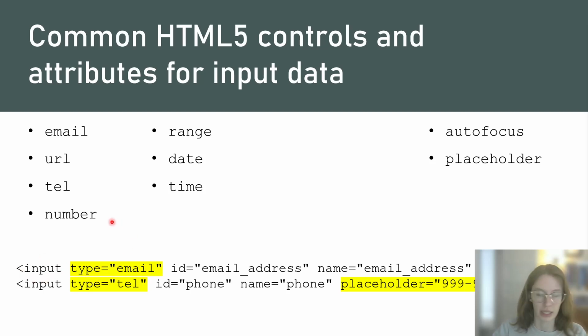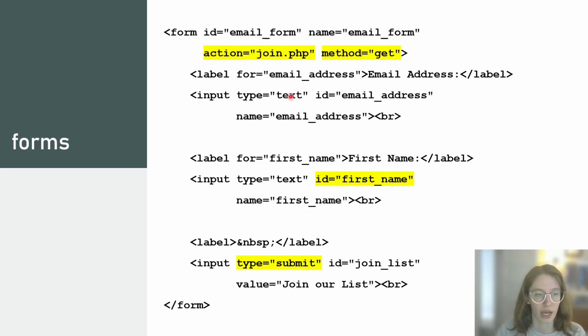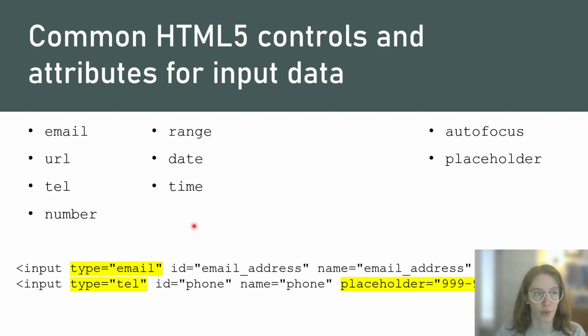So we saw in the last example, we had some text types and we had the submit type for a submit button, but there's also a wide range of input data that you can use, and they have their own validation already baked into them, so you don't have to write JavaScript code to validate those necessarily. And then the autofocus and placeholder